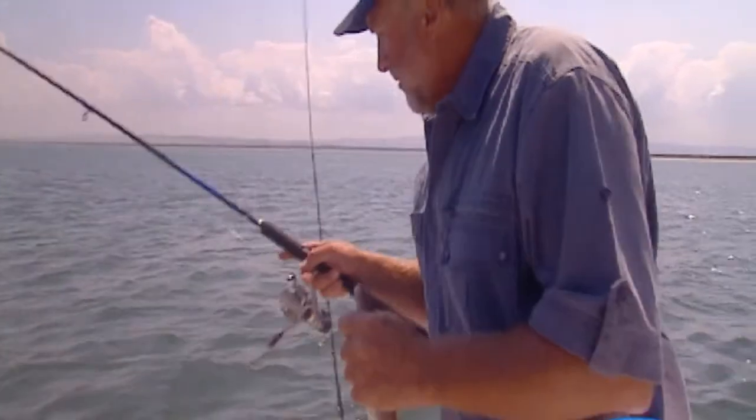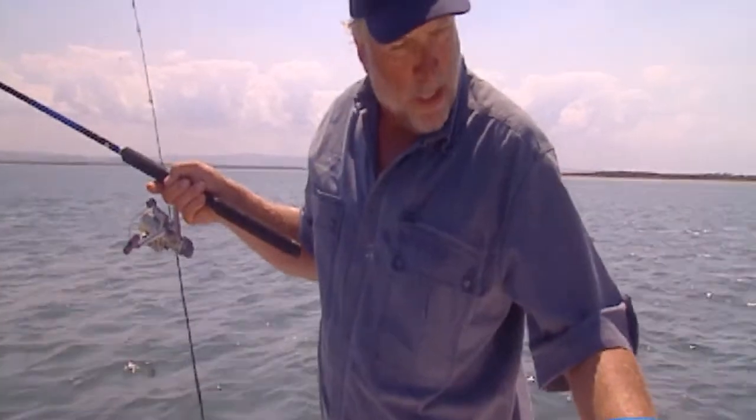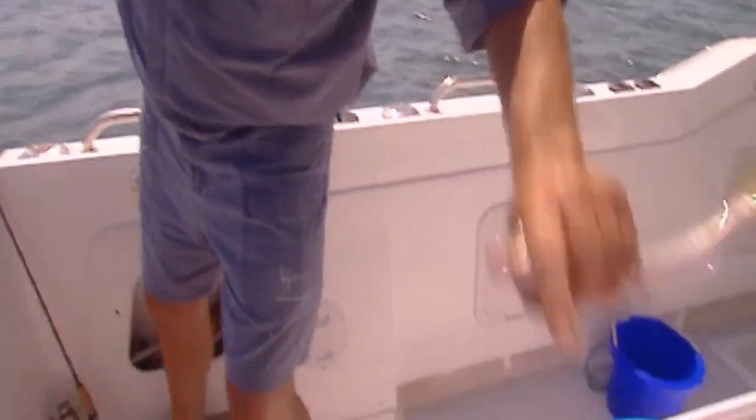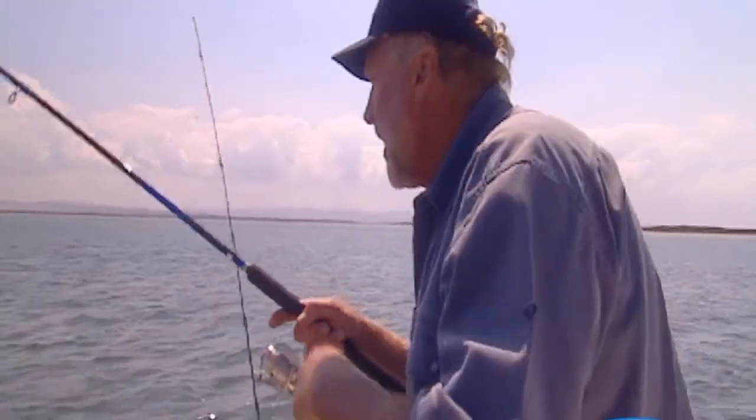I'll go through the gear in a moment because I've got a bit of a bite on that one. I might get someone to just lift that up there. Thank you, Bob. And Harry will just see we're getting a lovely run of fish in there. Now,